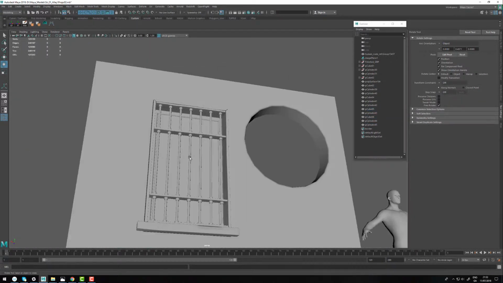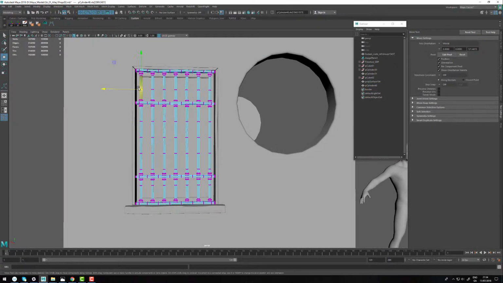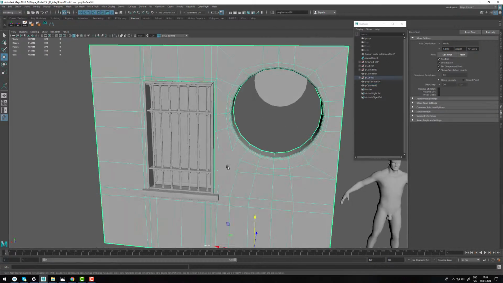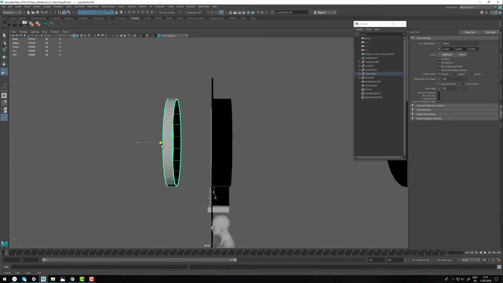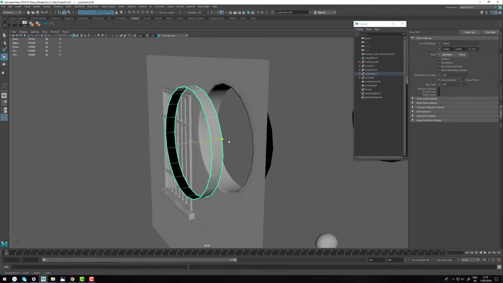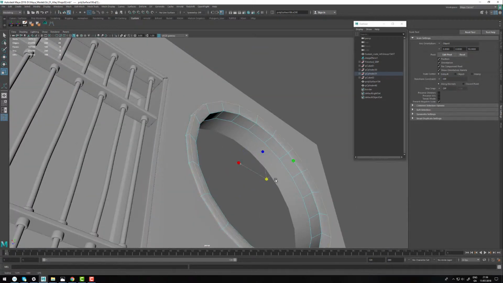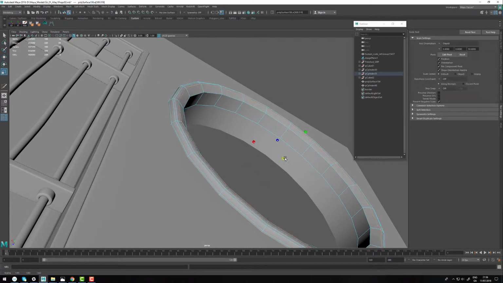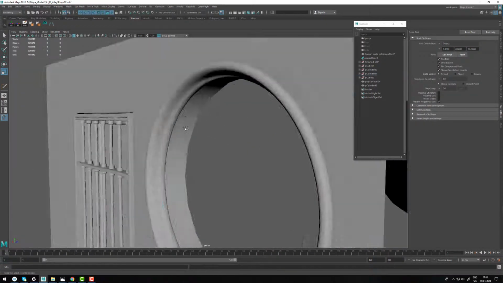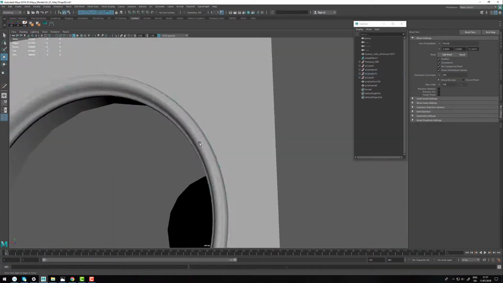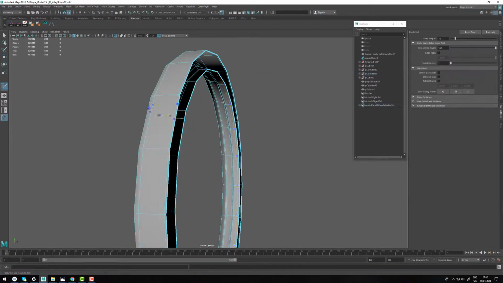Because I will be reusing this over and over again, just to fill in parts, I would like to have all the stuff figured out and detailed, so even if I decide to do a close-up render of this, it will still hold up and look fine. So jumping on to the circular window, I extracted the cylinder part of the wall